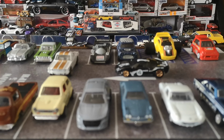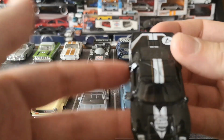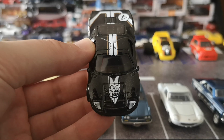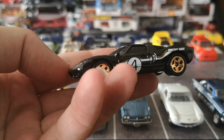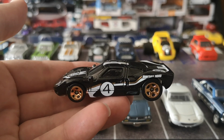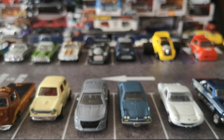there it is. So obviously, I'm not going to be keeping that because I don't need two loose ones of this. But since we're talking about a very low slung vehicle, the front lights are actually detailed with the Go Faster stripes and the Gumball logo. Number 4 meatball on the back. And this is part of the Then and Now series that also has a modern equivalent, the Ford GT